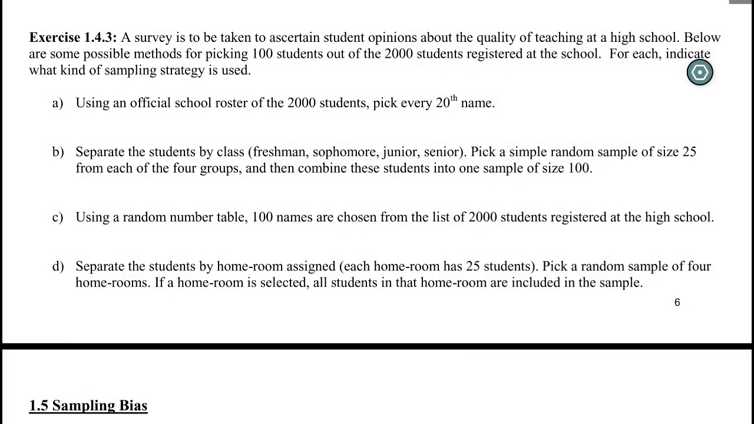All right, so if you're coming back, we have our different ones. A, we're picking every 20th name. This is our systematic, right? Our simple random sampling with a system. Super easy to spot. B is usually where the wheels fall off because B is the first time we see